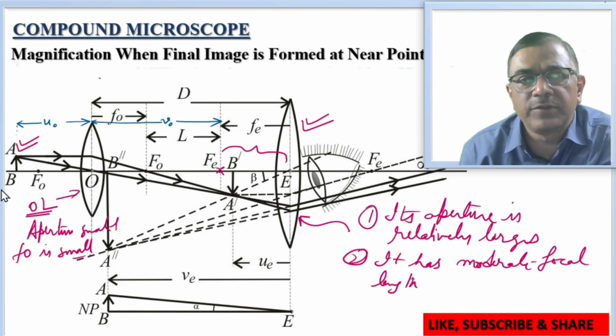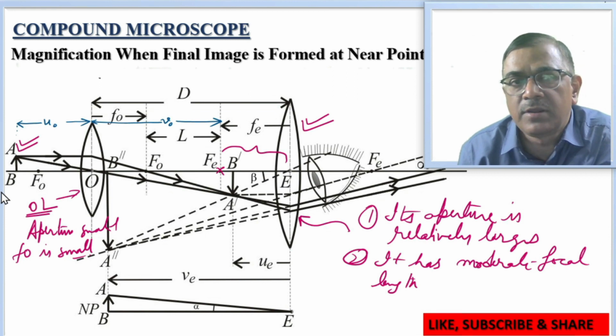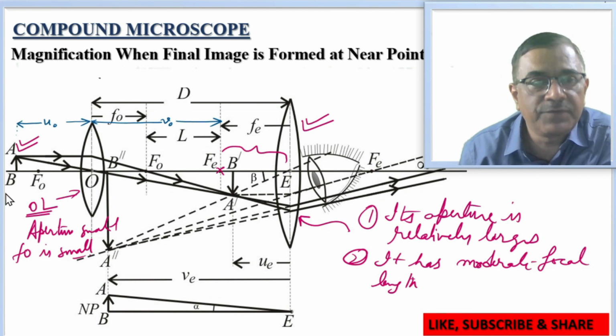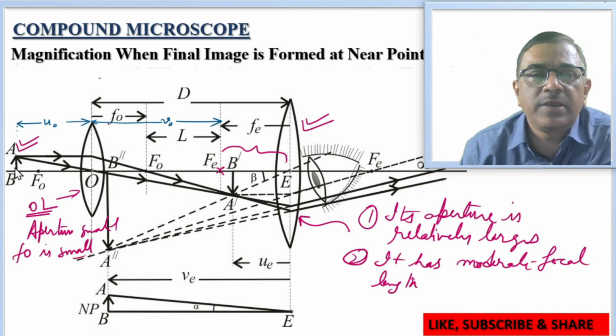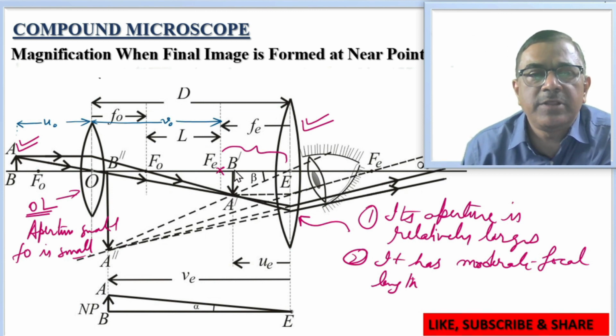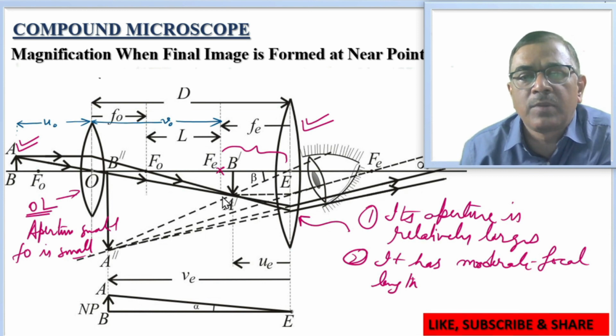So before I switch over for the derivation of angular magnification, in two cases, I would like to explain this ray diagram. AB happens to be an extremely tiny object. I have started two rays from point A, a ray parallel to the principal axis. After refraction, it passes through the focus, and another ray that passes through the optical center remains undeviated. Now these two rays happen to meet at point A dash. So A dash B dash will be the image of this object AB.